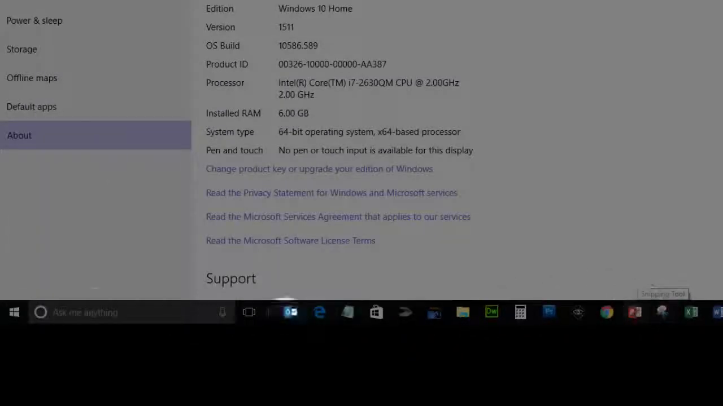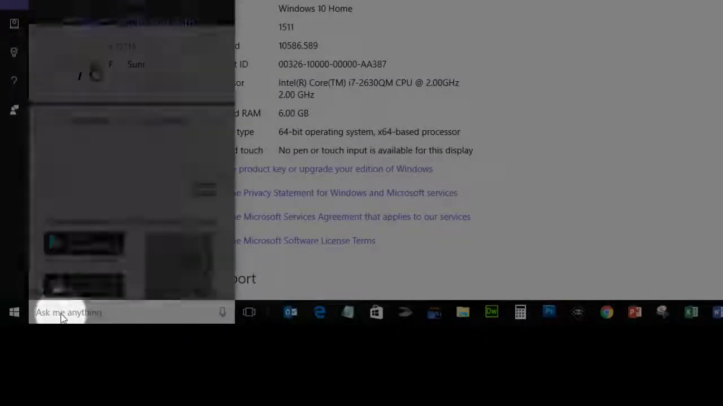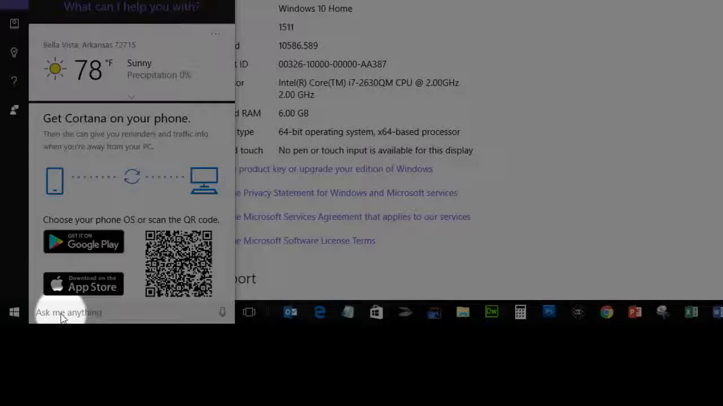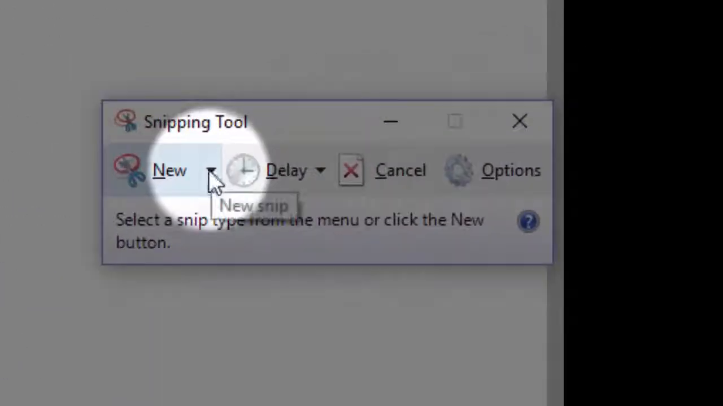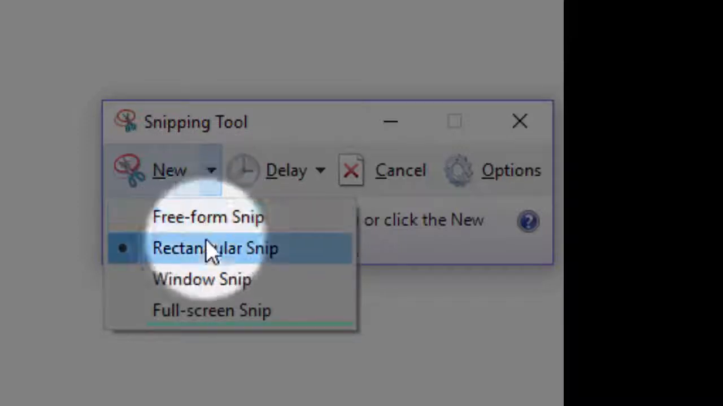To use the snipping tool, if you'll notice down on the taskbar, you should have a snipping icon. If you don't, then we're going to go to Cortana or your search bar and type in snipping, S-N-I-P-P-I-N-G, and it will automatically come up with a match for that. So we click on it, and we want to click on the arrow to the right of the word new